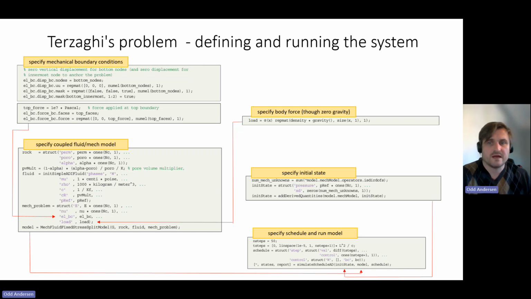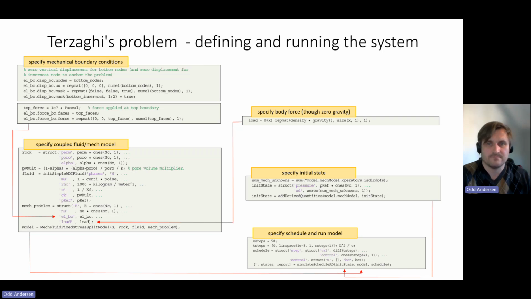Likewise, a body force is defined on the upper right. Gravity is set to 0 in this example, so the body force is effectively 0, but needs to be provided nevertheless. On the lower left, we construct the actual model after having prepared the rock and fluid objects as well as